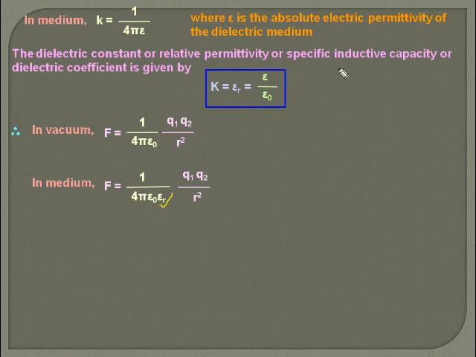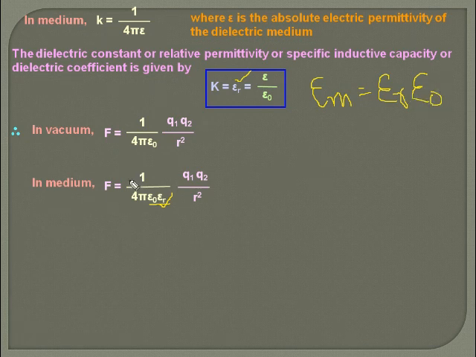And why are we writing like this? Because if we know the dielectric constant of any medium, then we can find the permittivity of that medium. For example, to find the permittivity of any medium, we just have to multiply the relative dielectric constant of the medium with the permittivity of free space. Is that clear? So we have just replaced epsilon m by epsilon r into epsilon naught.